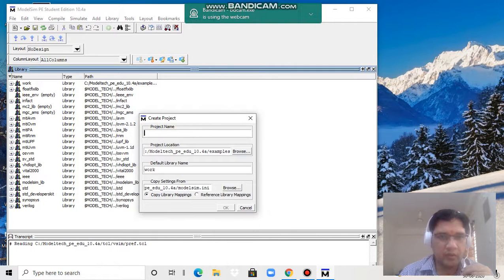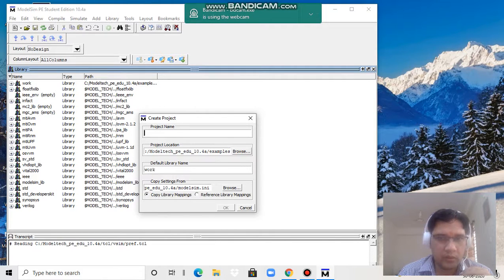So it is the next window which appears. It has different options. Project name, you have to select a name for your project. Then project location, where the file is to be stored. It is stored in the C drive where we installed the software ModelSim.